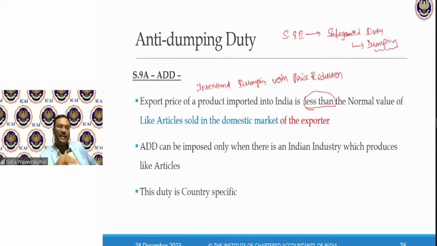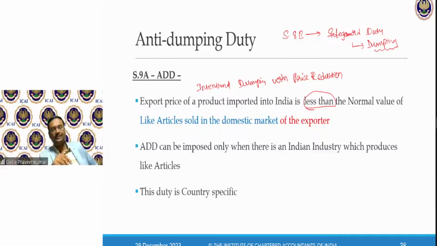The next aspect under 9A is anti-dumping duty. Now this is also dumping, but the difference between 8B and 9A is that in 9A, dumping happens with the intention of cutthroat price competition, with the intention of killing the domestic market.